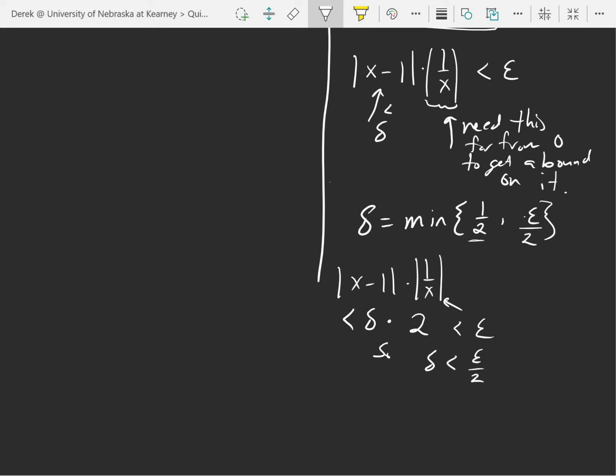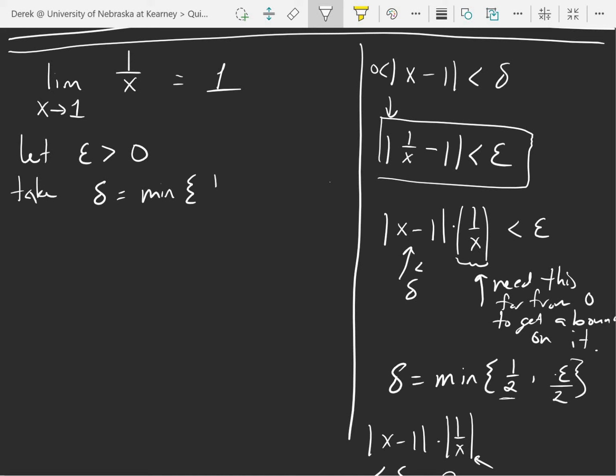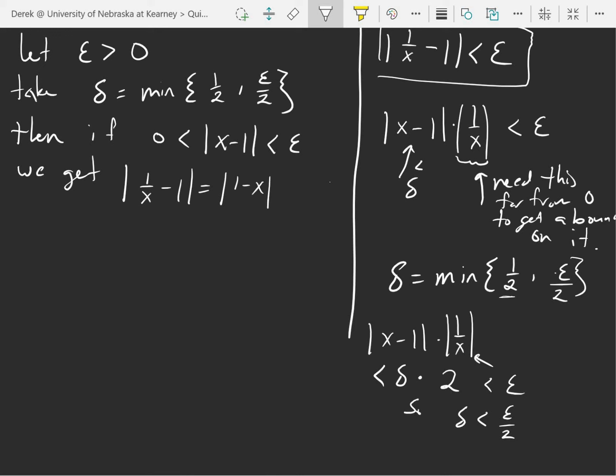Okay, so let's now go up here and prove this. Let epsilon be bigger than 0. Take delta equal to the minimum of 1/2 and epsilon over 2. Then if 0 is less than the absolute value of x minus 1 is less than delta, we get the absolute value of 1 over x minus 1 is equal to the absolute value of 1 minus x times 1 over x, which is less than delta times 2,